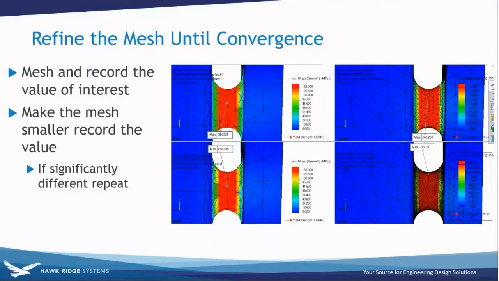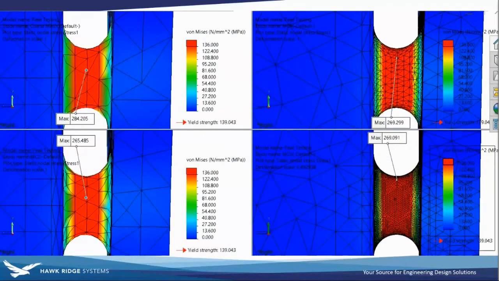from your solution. So in this image here, the first study, so the one in the top left of your screen, we have a stress value of 284 megapascals. The second study is just below it in the bottom left, where the stress value changed to 265 megapascals, so it went down a bit. That was a significant enough change for me to warrant another study. The next level of mesh refinement is in the top right, where the value changed to 269 megapascals. So that's a less significant change, but we're going to look at one more level of refinement just to be